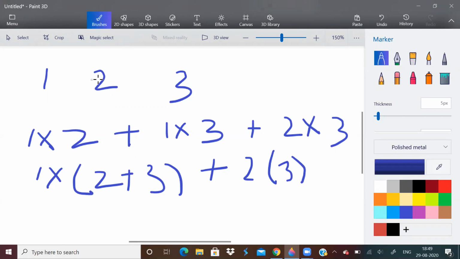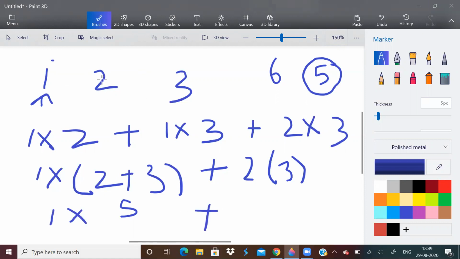First of all, I'll find the sum of all elements. Let us find the sum. It is 6 now. Again I will traverse through the array, and when I come to this point, I will subtract this element from the sum, so it becomes 5. And I'll multiply this element with the sum. So 1 into 5. Similarly, I will come here and I will subtract 2 from the sum, which is 5 now. So I'll continuously keep subtracting the elements and I'll multiply the corresponding sum with that element.